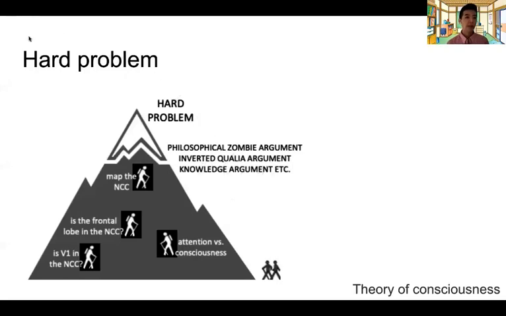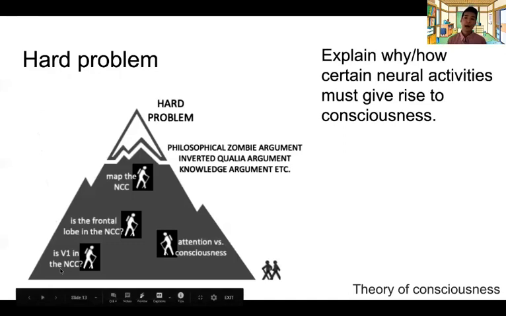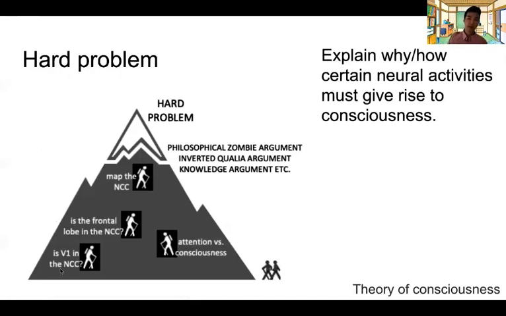And basically, what these are saying is that why or how certain neural activity must give rise to consciousness cannot be explained in this type of approach, because we can logically, or at least imagine, a world that is consistent with the non-physical laws in the physics, such as electromagnetism or gravity, and also particles and so on, which has everything consistent with what we have, but some people who exist in this world don't experience color, even though their V4 neurons or V8 neurons are wired in the same way as us, and then